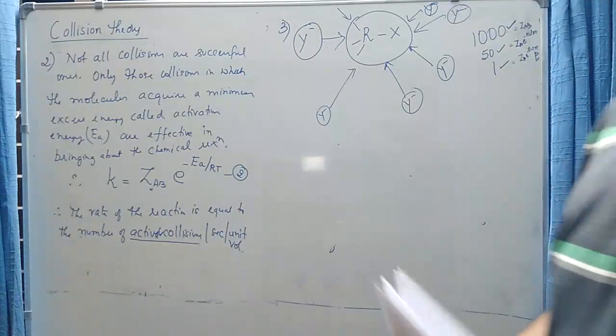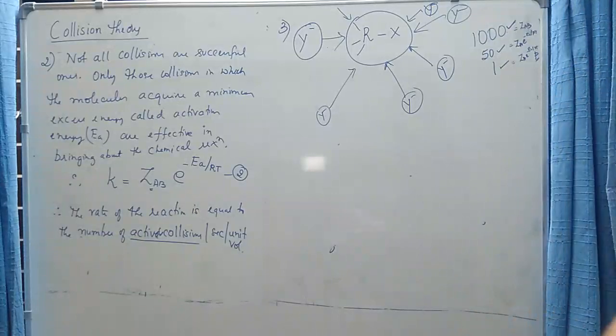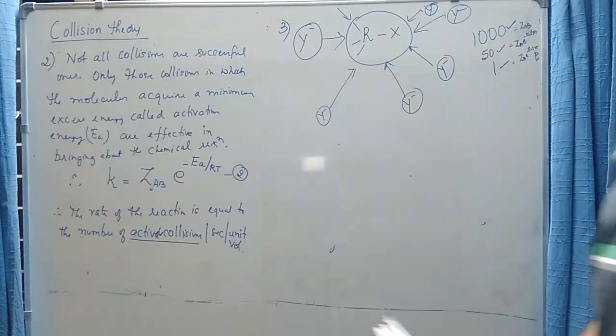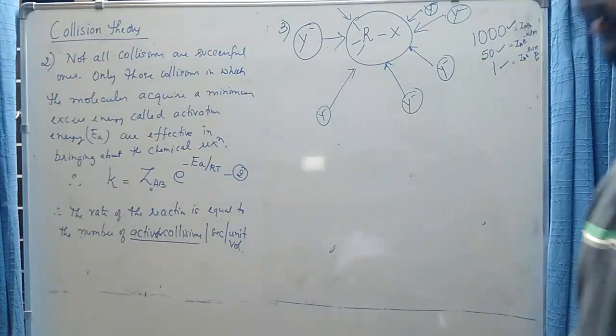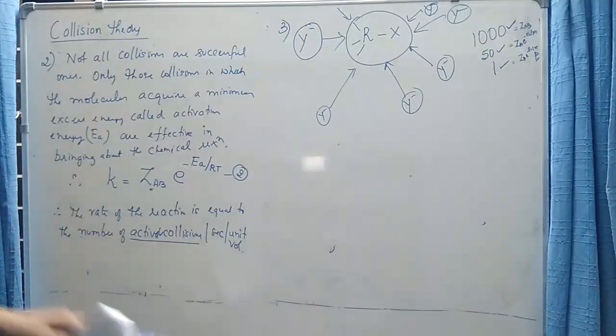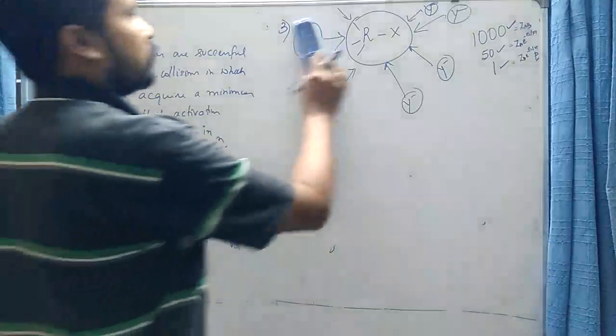So now we have to modify this equation, and postulate that only those activated collisions in which the molecules collide with the proper orientation should result in the formation of the product. So collision theory was again modified, because this equation 2 does not give